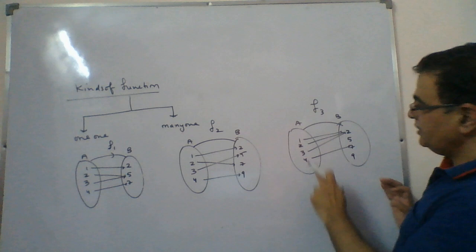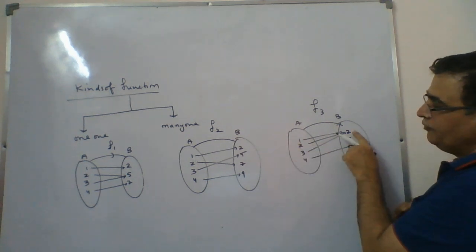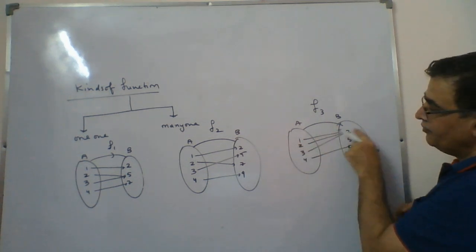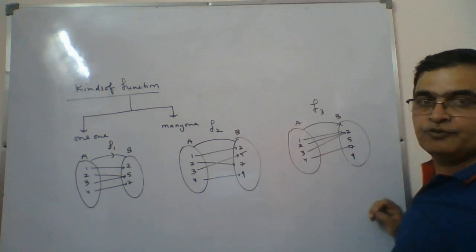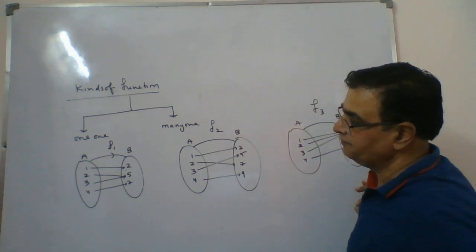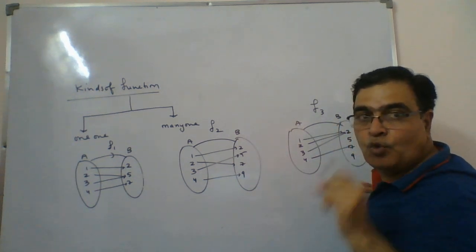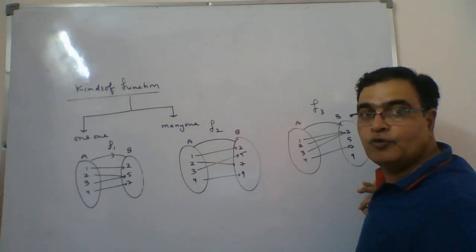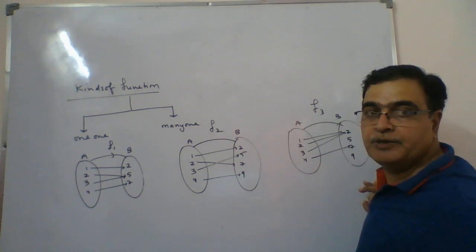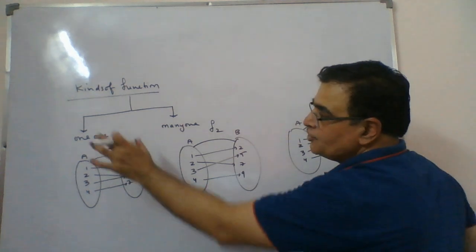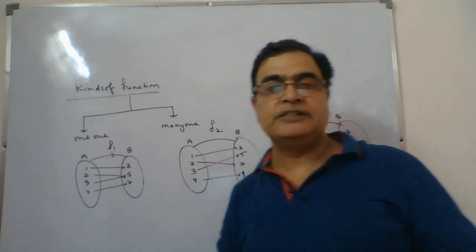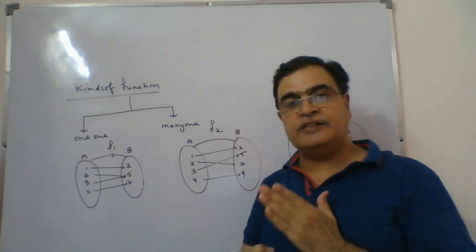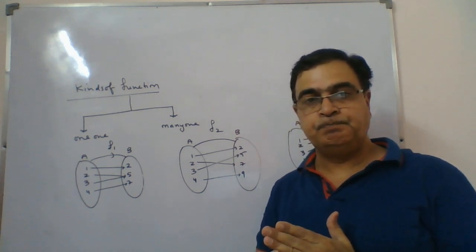This is also a function, and this is also a function, because 1 has only one image, 2 has only one image, 3 has only one image, 4 has only one image. Yes, it will be a function. Now my question is, in what case is the function said to be one-one and in what case is it many-one? A function, in my simple words, if we say a function f is said to be one-one if